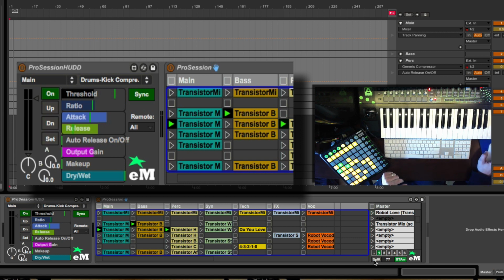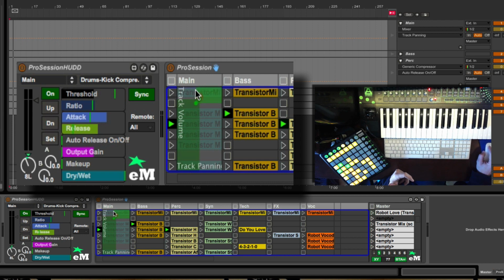Okay, so let's see. Over here you'll see split mode. Okay, that's the split indicator. We're in split mode. If I click that, I'm going to switch myself into XY mode, right? And now instead of getting the 2 faders, I get an XY controller. And you'll see as I move up and down, I'm controlling the volume of the track, and left and right. And you notice over there on the left-hand side, that is what we call the HUD, or the heads-up device display,